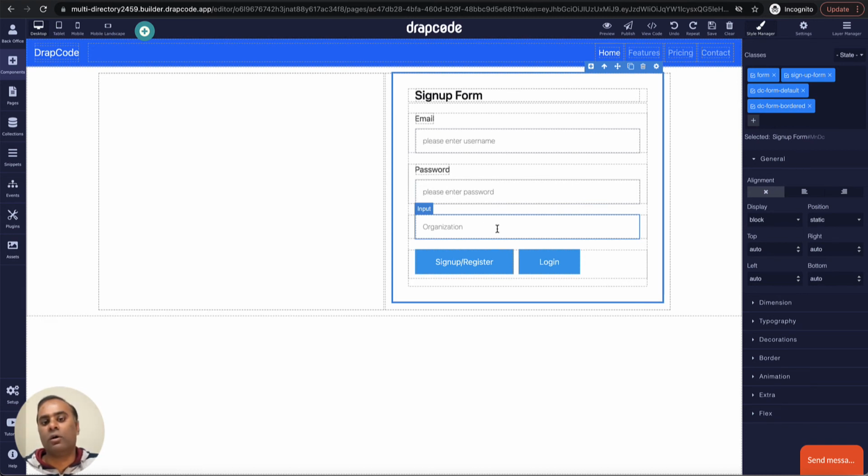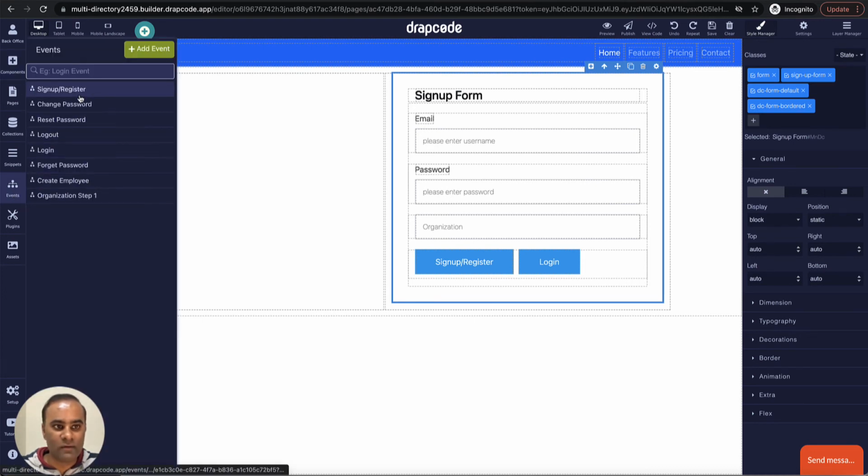That is, which particular organization this belongs to. Now, since we are coming from step 1 to step 2, we have the organization ID coming from step 1 to step 2. So in this page, we will just pass the organization ID so that this particular user gets attached to that particular organization. So this will become an organization manager, right? So let's go and complete the event and bind this organization ID to the form.